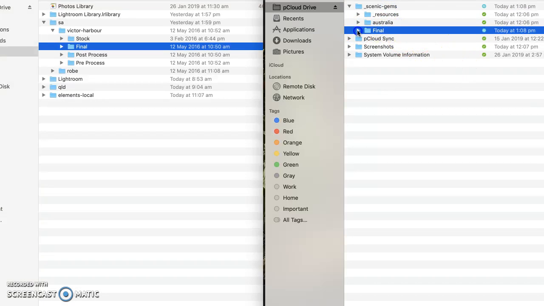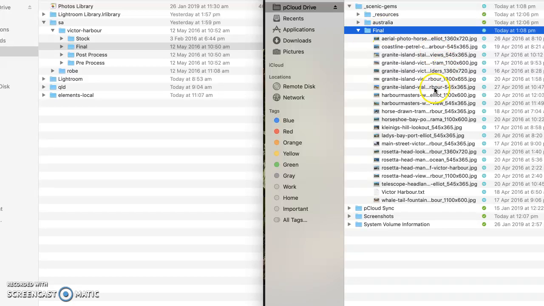So we can see that the speed was extremely fast. All the file structure is here, and depending on your connection, it'll seem blazingly fast that the files have transferred over. But there's a little bit more to it. These blue icons here mean that the files have not transferred over yet. What's happened is that pCloud has